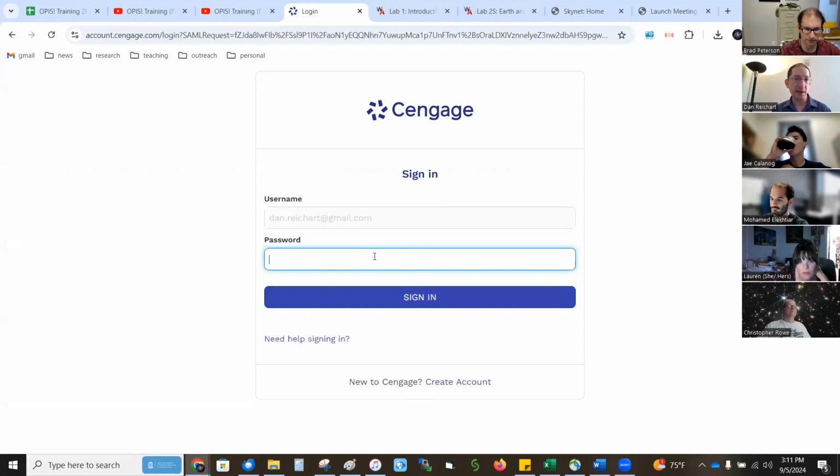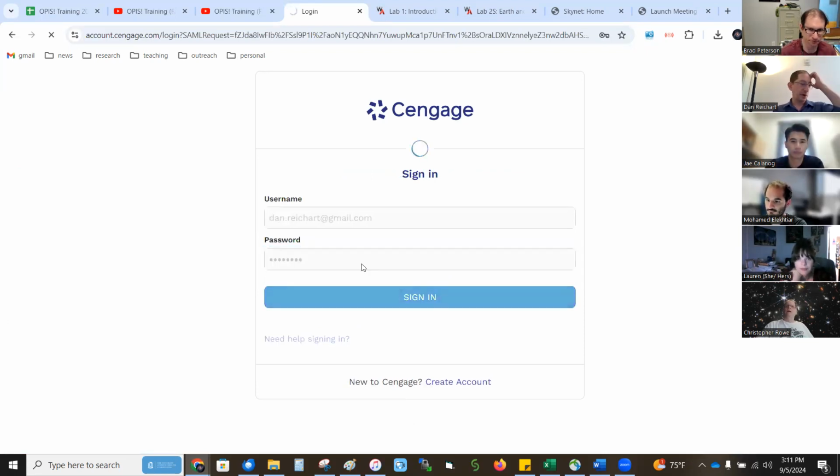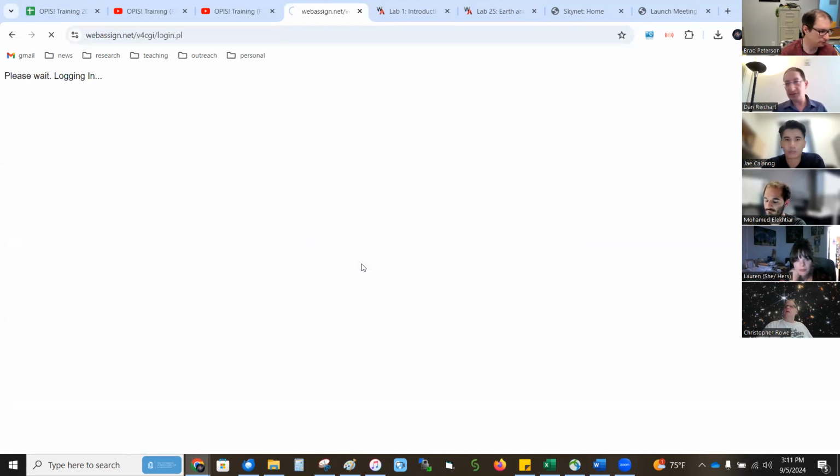I signed up with my Gmail. Password. Mine takes a moment to load, either because I haven't rebooted my computer for a long time, so everything seems slow right now, or just in my case, since I set up the sections for everyone, there are a lot of sections, and it takes a moment. It's almost here.